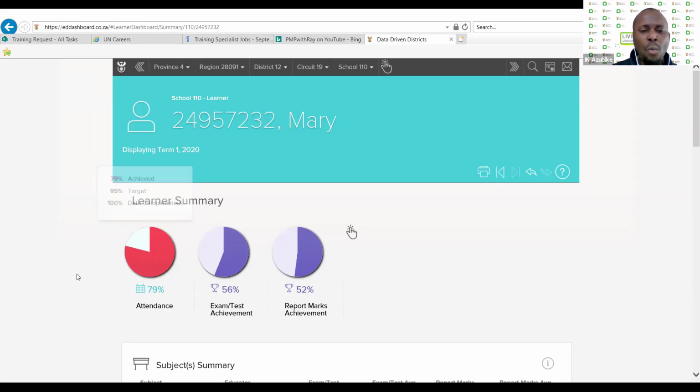Okay, now when we go, can we see also the assessment? Can we see it's 56 and it's 52? It's going down. So it shows that, and this might be worse in some schools, it might be better in some schools, but what we are saying is that if a learner is not in school, that means that learner is not partaking in the teaching and learning that is happening in the class. And also know that the syllabus is also being taught accordingly. So if the learner is missing bits and pieces of that, it's going to start affecting the assessment of this